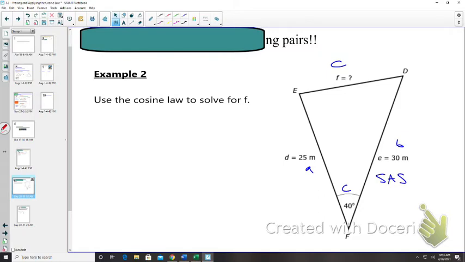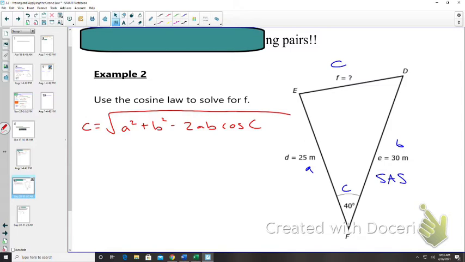Okay, so we're going to use the cosine law, the same one as we used last time. C squared is equal to a squared plus b squared minus 2ab cosine of C. So I get c is equal to the square root of 25 squared